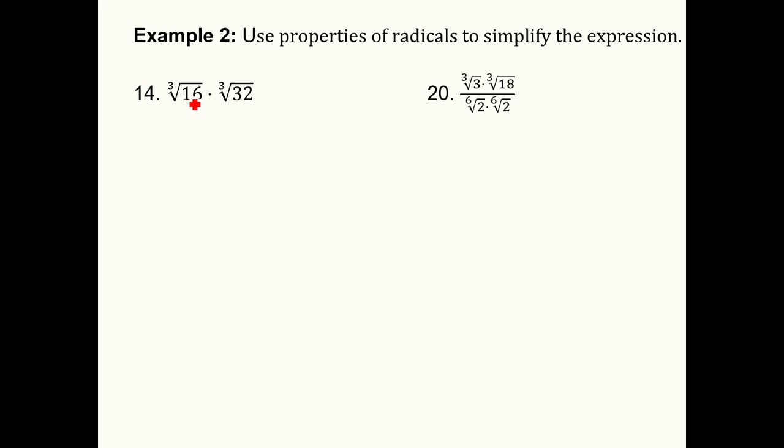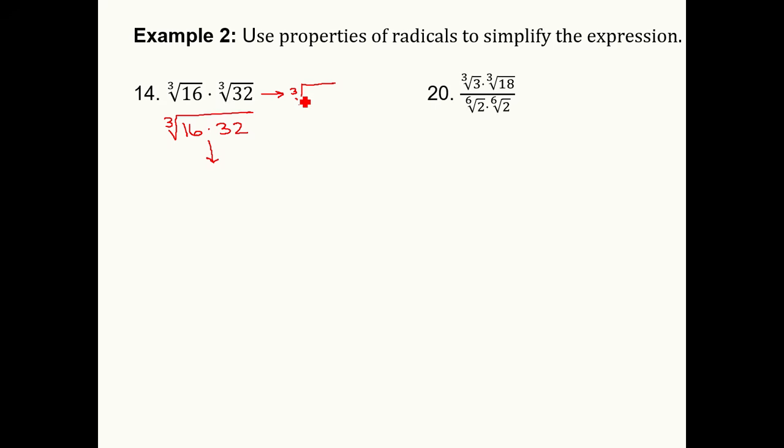So for number 14 here, what we've got is a product of two radical numbers, and they have the same root. So I can combine those together and call it the cubed root of 16 times 32. All right, so this may require a calculator to work out, but we can go through it that way. Another approach, if we wanted to avoid using a calculator, would be to simplify, find perfect cubes underneath this cubed root. So for 16, I'm actually going to split this up before I combine it back together. It's going to make the number work a lot easier. And please realize that this would lead us to the correct answer as well.